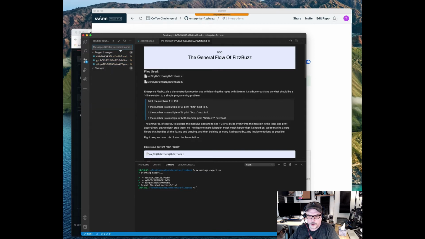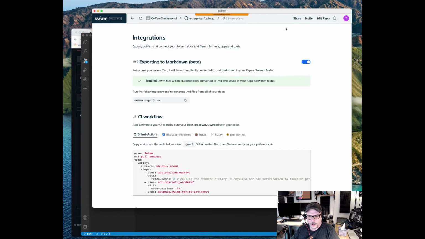And you can see that these are, in fact, being staged and tracked by Git. If for some reason you don't want those files in there, or if you would rather write a script that puts in something else, you would have to add that to your .gitignore file. We don't recommend you do that right now. Just bear with us a little bit while we get some more creature comforts around the feature, and more updates should be coming out soon. The other thing that I want to show you is